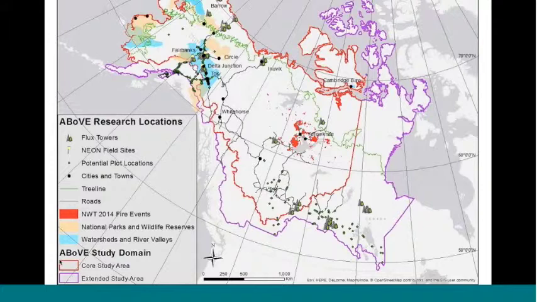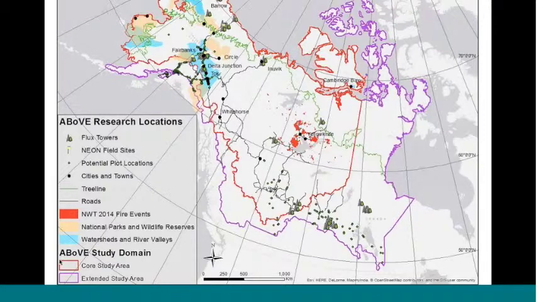Yeah, those are great questions. A number of the current funded ABoVE projects have collaborators, or perhaps in some cases co-investigators, who are from various land management agencies. And I can't tell you right off the top of my head whether BLM is on one of those, but I welcome having BLM activities represented as part of ABoVE.